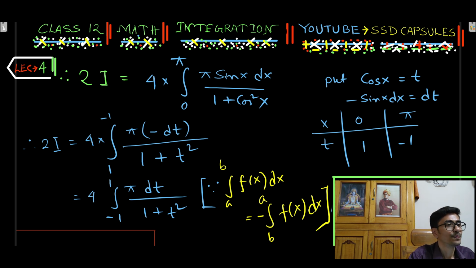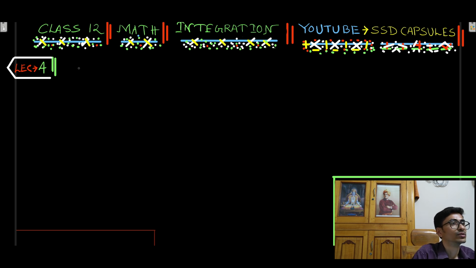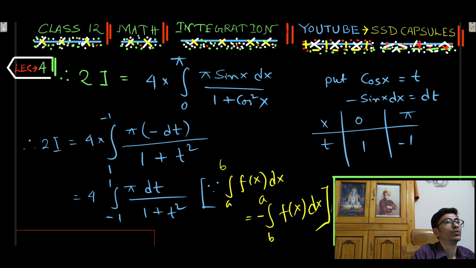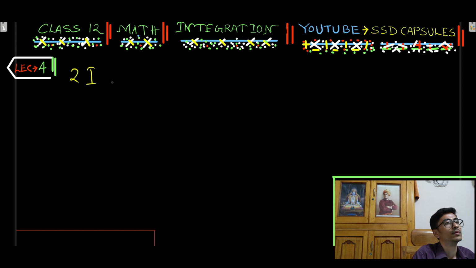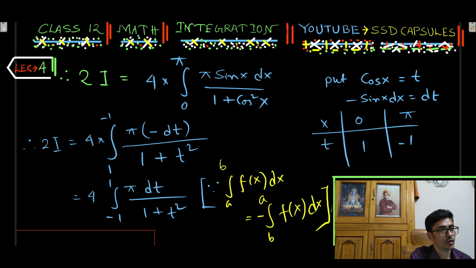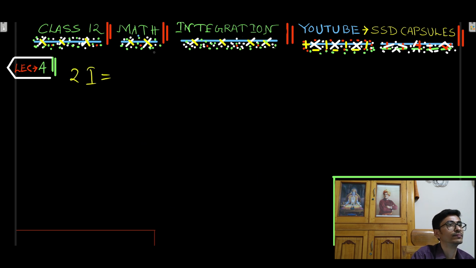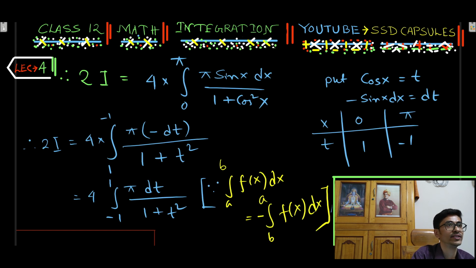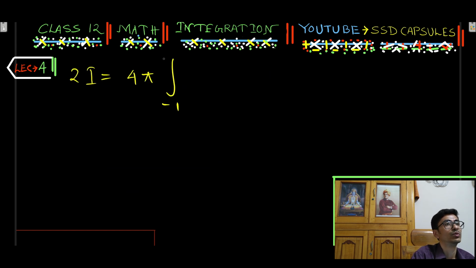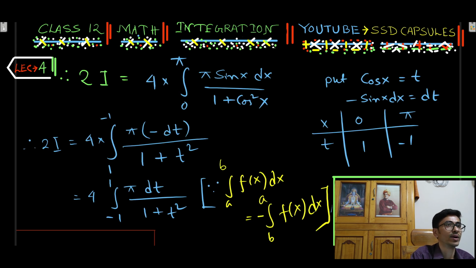So now here 4 into minus 1 to 1 pi dt by 1 plus t square. Here we are going to use another formula. So therefore 2I equal to 4 pi, minus 1 to 1 dt by 1 plus t square